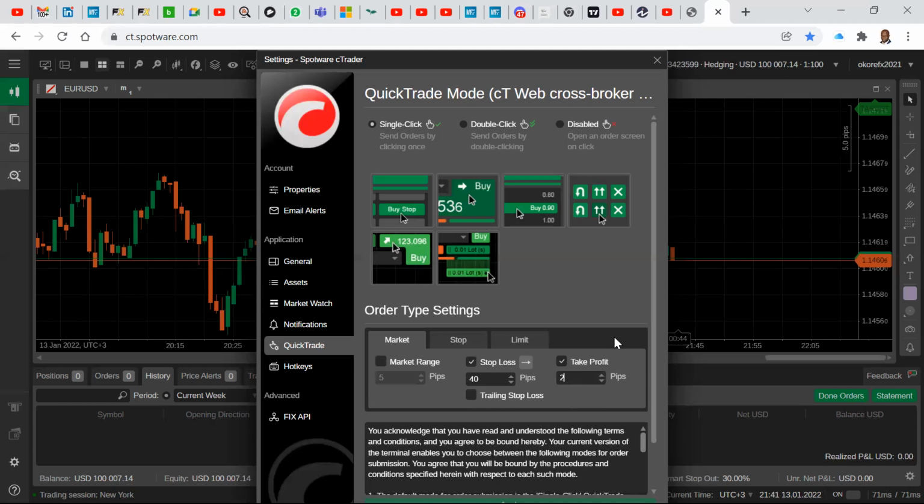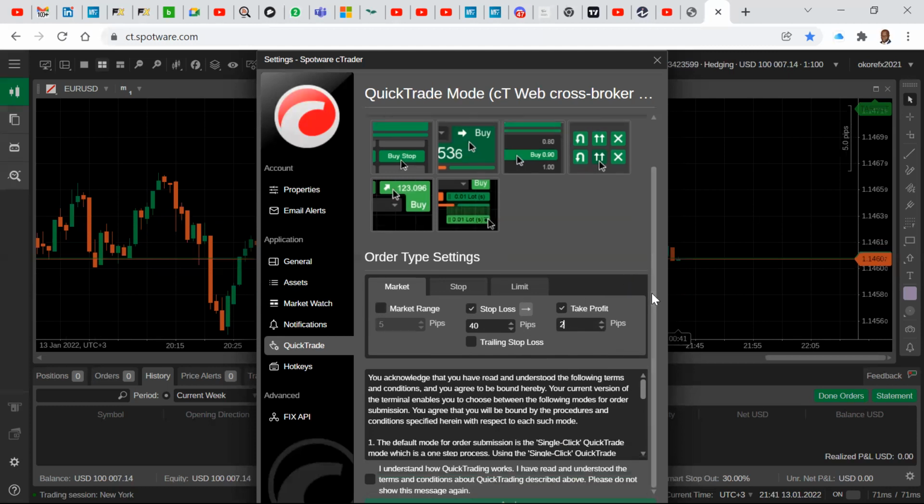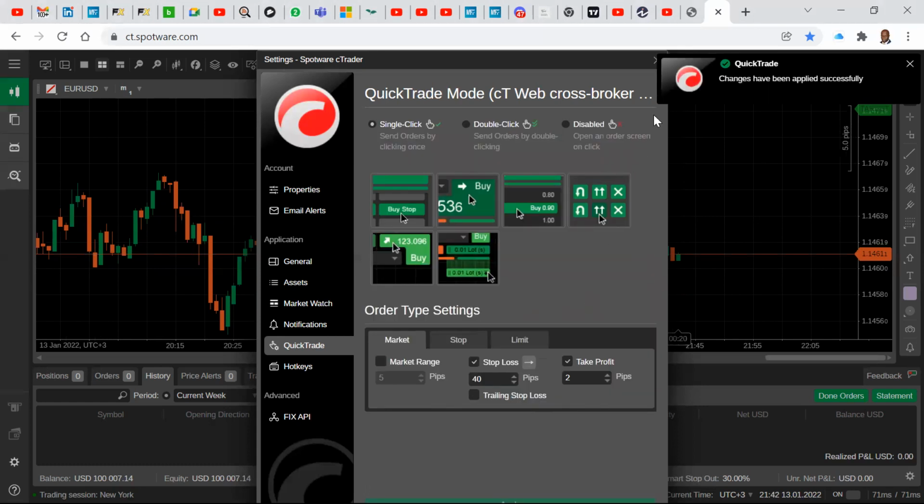Okay, so once you do that, then you actually click accept. Once you click accept, it allows you to click on this green button. Not very clear, but there's a green button here. So right below it, click, and you see what happens here. This thing here says quick trade changes have been made. If you don't see that, then you've done something wrong. Okay, all right, cool. So we're done. We are ready to trade.